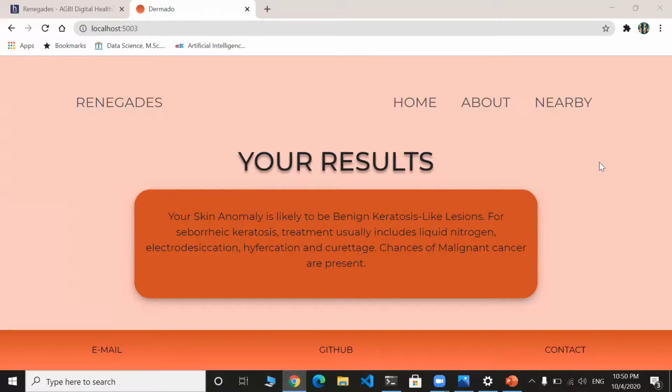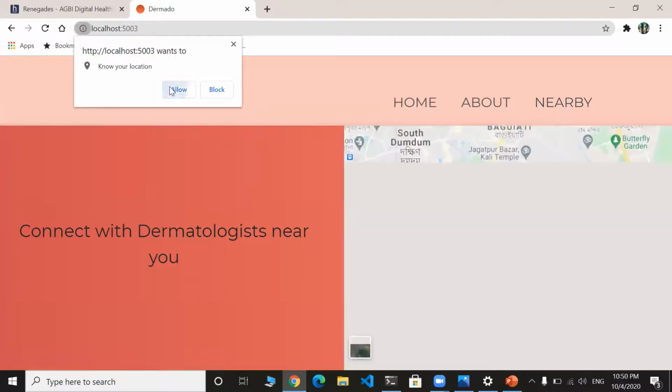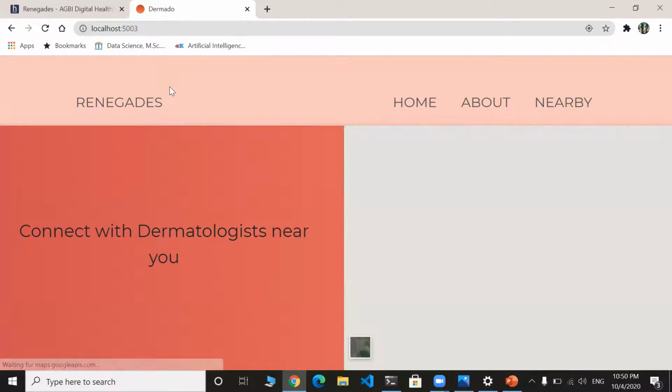Now moving on to one of the smart features of our solution, which is the Nearby tab. So what the Nearby tab does is, based on my results and my geographical location, it's going to recommend me appropriate dermatologists in my area. So if I click on it, it's going to ask me for permission to use location services. And if I allow,